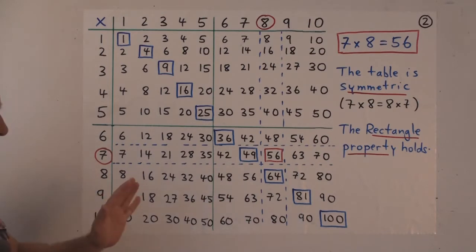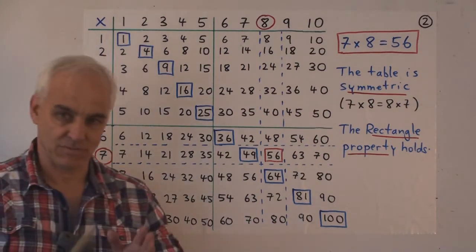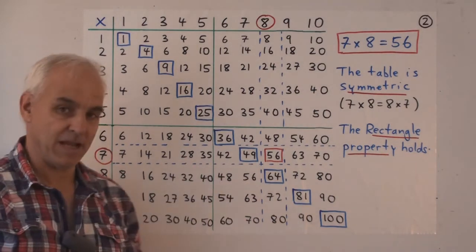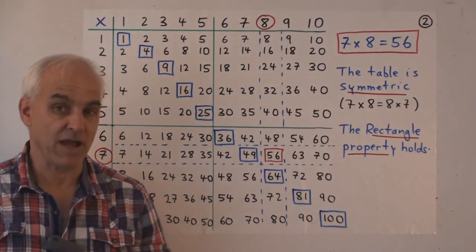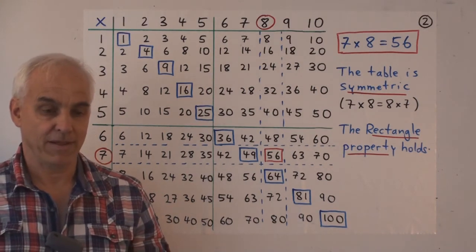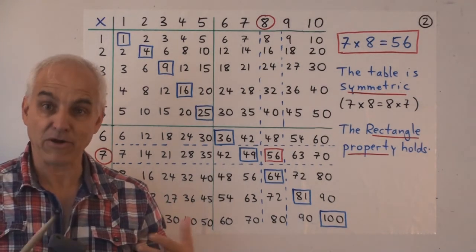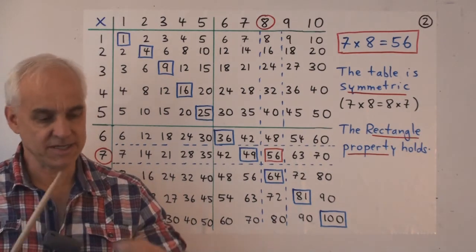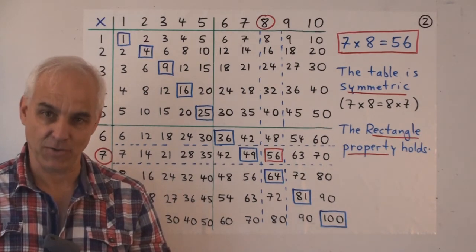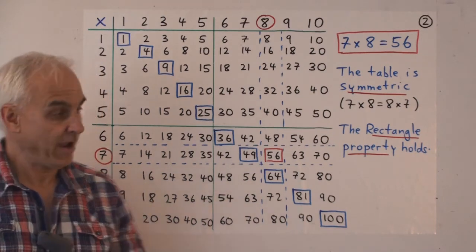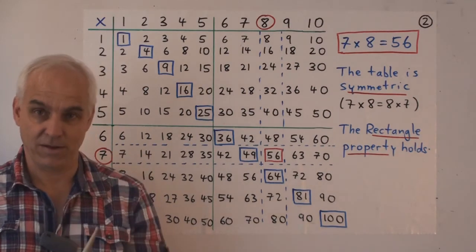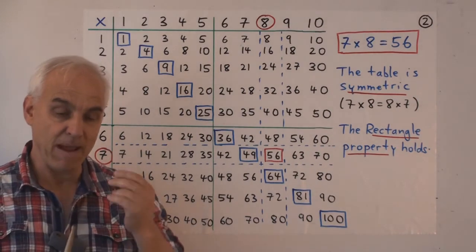Okay, so a lot of work. Takes many months for a young person to master this table. And if you're an adult and you have never learnt this table and you want to get better at mathematics, this is a really good place to start. Just sit down one Sunday afternoon with a couple of cups of coffee and say, I'm going to learn this table. I'm going to learn it really, really well. I'm going to memorize it.